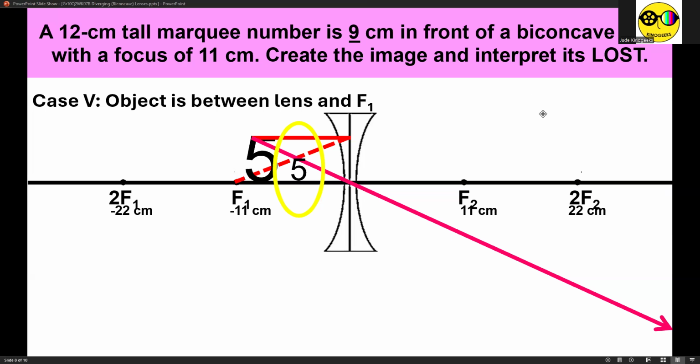So as I mentioned, after we explained why biconcave lenses are called diverging, our loss interpretation for cases 1 to 5 are the same. No? So all images are found at the front side. No need to specify the exact location because all of them are literally found between F1 and the lens. Orientation, the image is exactly the same as the object, only the size is different. So that means our orientation is upright. For the size, the image is smaller compared to the object, so the size is reduced.